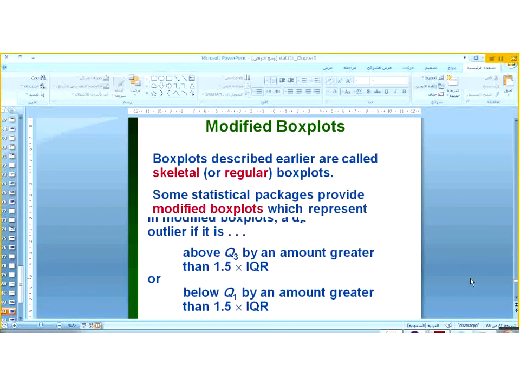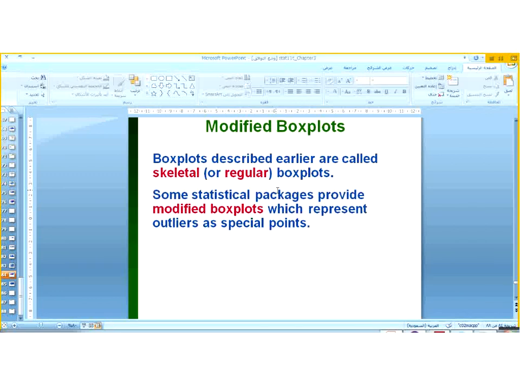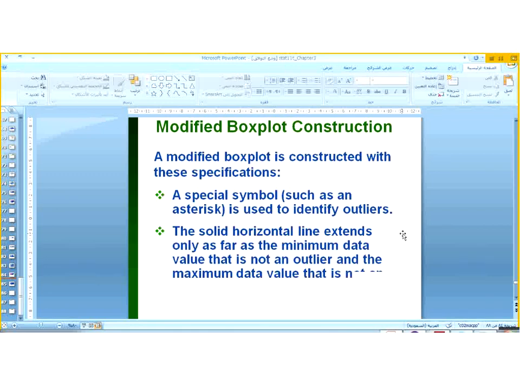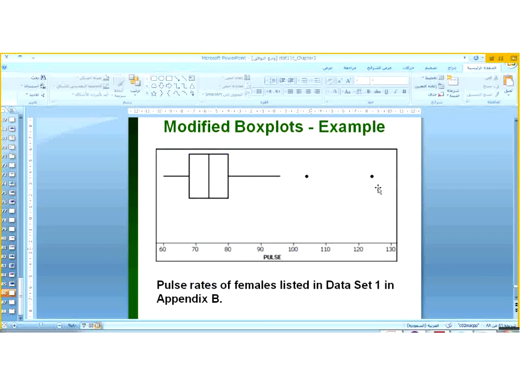So إيش بسوي إذا كانت outlier؟ يقول لي إذا كانت outlier لا تحسبها معهم، أبعدها عنهم. شلون طيب؟ The box plot will describe, as earlier, the regular box plot, and some statistical packages provide a modified box plot which represents outliers as a special point. أعتبرها بشكل نجمة. القيم العادية هستخدمها لرسم البوكس بلوت. أما القيمة القاسية هاعتبرها بشكل نقطة. شفتوا؟